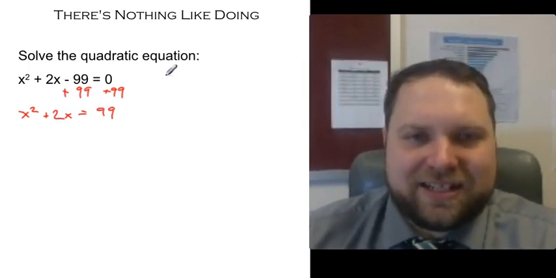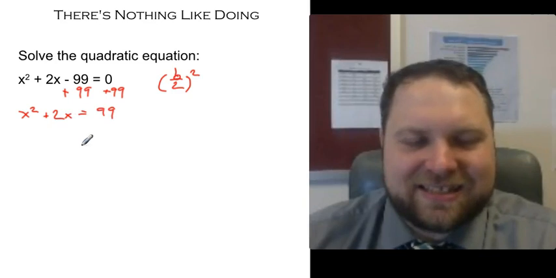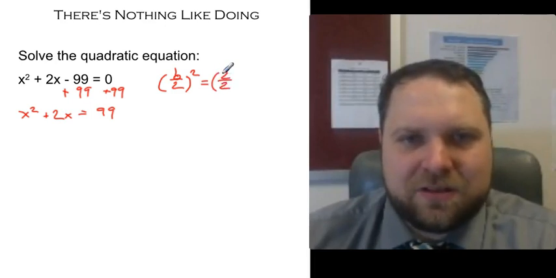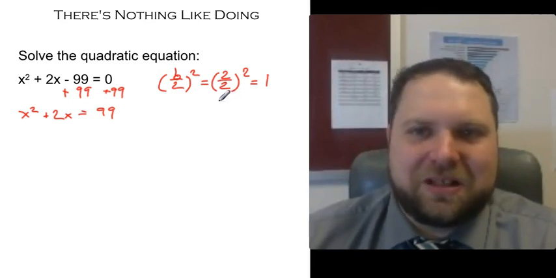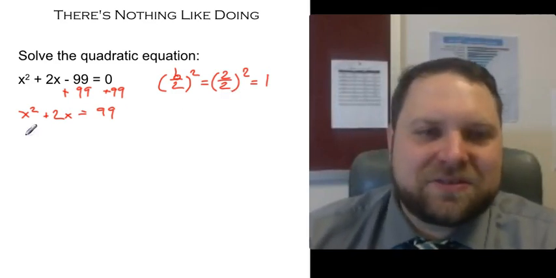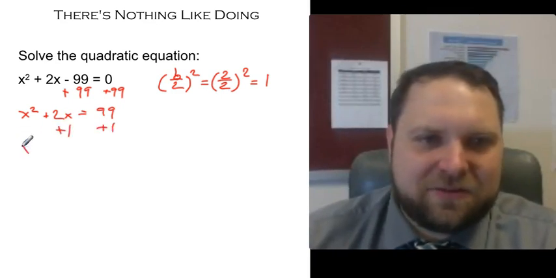So now what I need to do is I need to find b over 2 squared to add to both sides so that I can make this a perfect square. Well, b in this case would be 2. So 2 over 2 squared is going to be just equal to 1. Well, that's simple enough. So now I'm going to add 1 to both sides of the equation, and I get